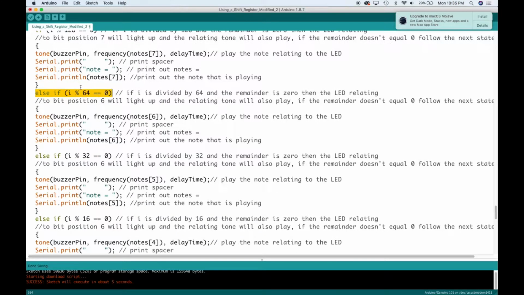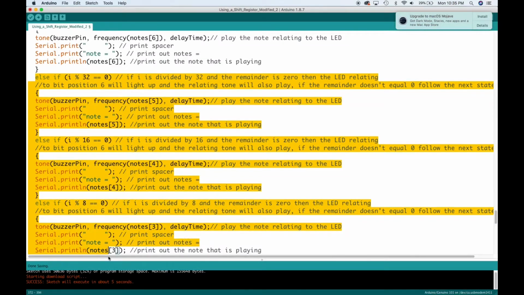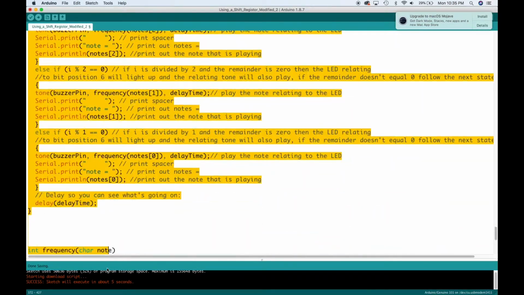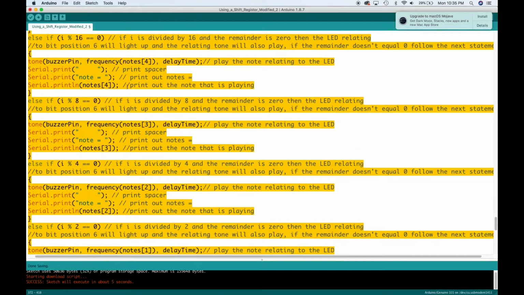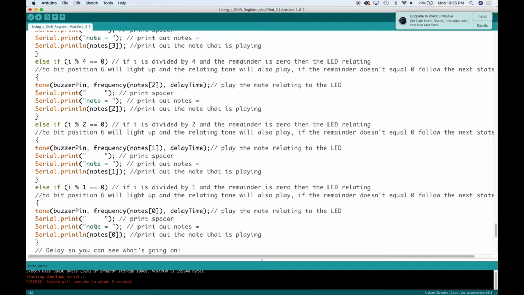So if it's divisible by 64 and there's no remainder, then the next note will play because that's going to be the different LED that's the last one lit up. I'm going to print that out when the note is playing again, and we're going to continue down that same formula all the way down to the last possibility that is divisible by 1. We count down from 128, 64, 32, 16, 8, 4, 2, 1 because everything's going to be divisible by 1,